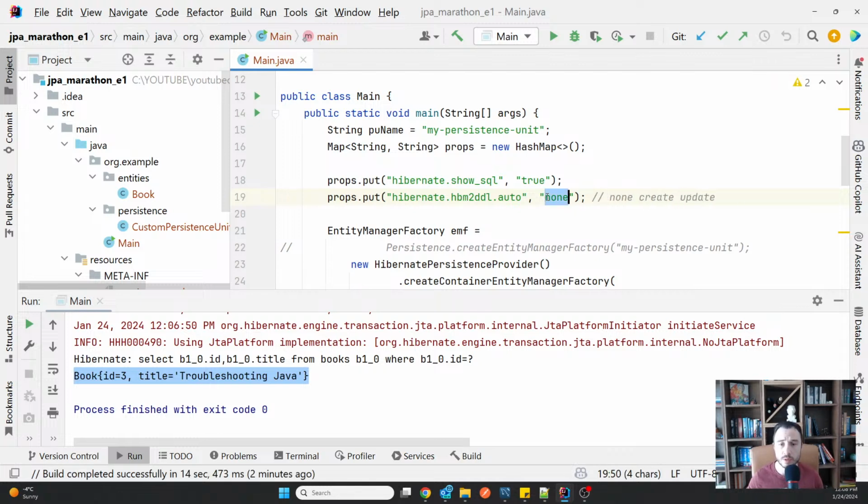I'm going to put it on none now, and I'm going to explain that this can be used to allow Hibernate to generate the tables for you.